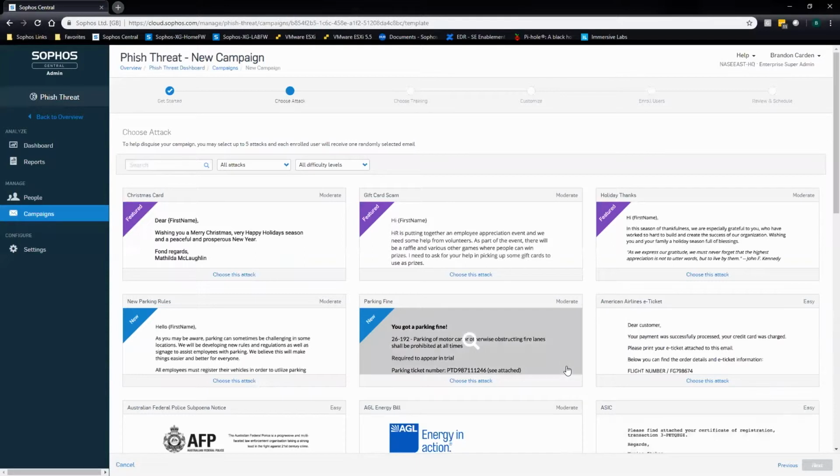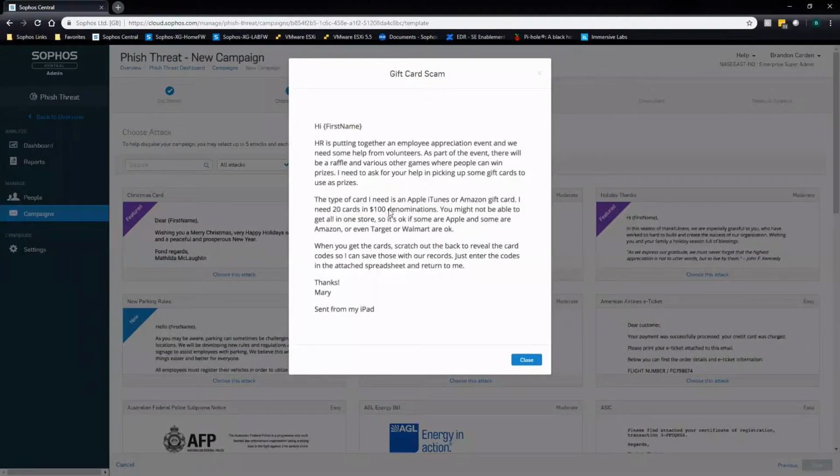Now, the first screen that we're presented with here is to choose our specific attack. Now, these attacks are all specific to attachment campaigns. So unlike phishing campaigns or credential harvest campaigns, both of which have links, these will not. Instead, they will have attachments that come with them. So there'll be a PDF or a Word document attached to each of these. And if the user clicks on that Word document or PDF document, they've automatically failed and they'll be sent to